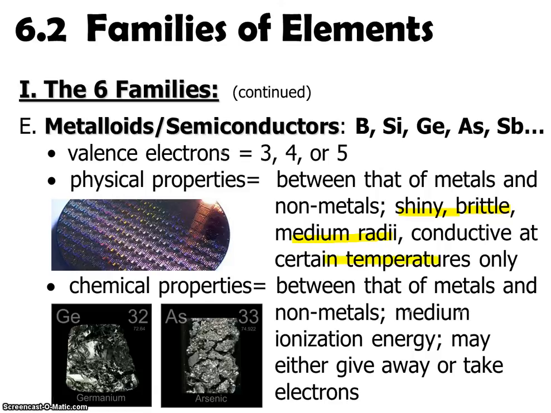Their chemical properties are likewise similar to being in between the metals and the nonmetals. They have a medium ionization energy, not high like the nonmetals and not low like the other metals. And they may either give or take away electrons. So some examples would be germanium and arsenic. We can see that they are very shiny, they look very sharp, and you could see that they are very brittle. If you were to take a piece of this germanium, for example, and try to bend it,